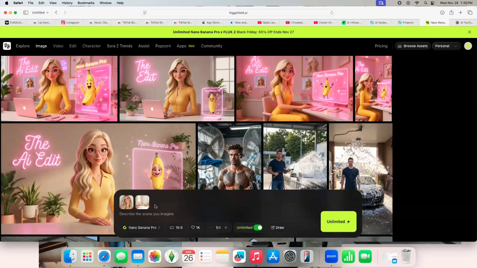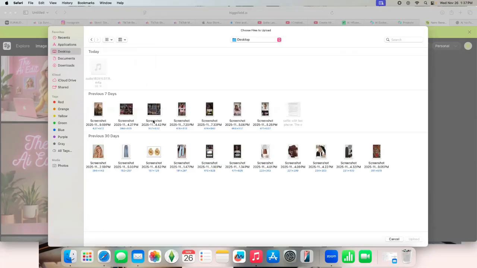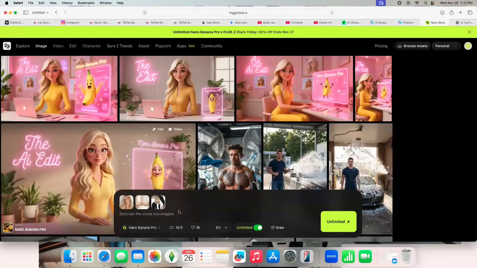So you can upload up to 14 reference images. For this, you don't really need that many. So we've got our face reference image, our room reference image, which I just went on to Pinterest and found a room that I liked. And then we go and add our outfit reference image, which I need to make these icons just a little bit bigger. So we are going to do this outfit, and we'll click,